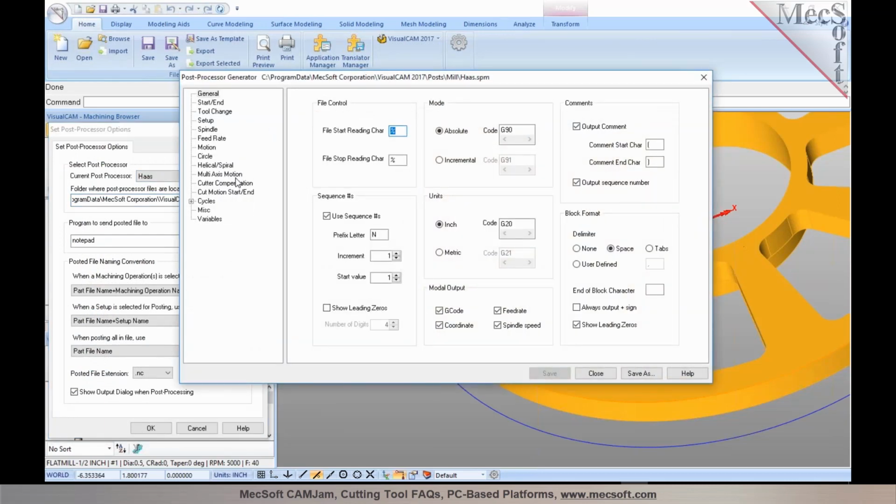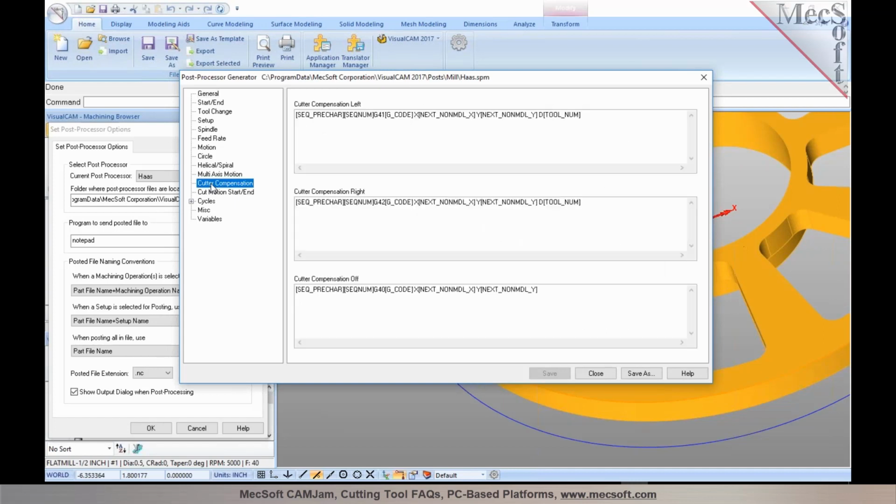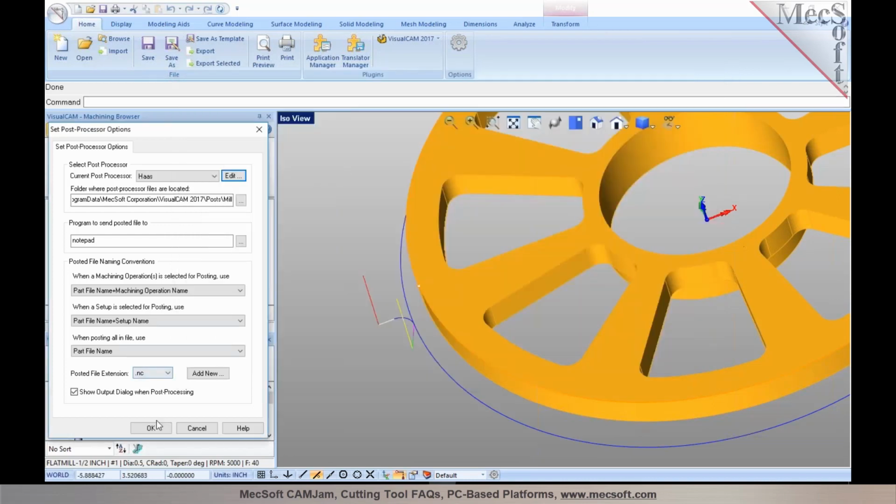So if you go into your post processor, you have a section for cutter compensation, and this is where you can define your macros for cutter compensation. Typically, when you turn on a compensation, for compensation left, you would use a G41, and then you need to have an XY motion. The same thing applies for a compensation right, G42 with an XY motion. And for compensation off, you could just output a G40, or some controllers may expect an XY motion for that as well. You can put that in the post processor. And on some controllers, you also need to output a D value, which could be your cutter comp register value or your tool number. You can specify those in the